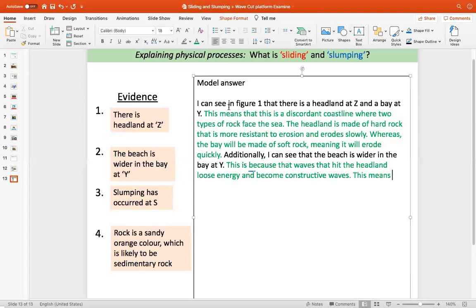This means that, we want to explain what a constructive wave is, they have a strong swash and weak backwash, meaning, leading to, a phrase you want to use a bit more often, leading to more deposition occurring